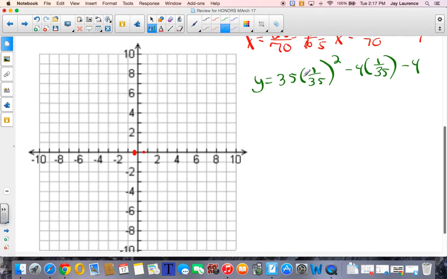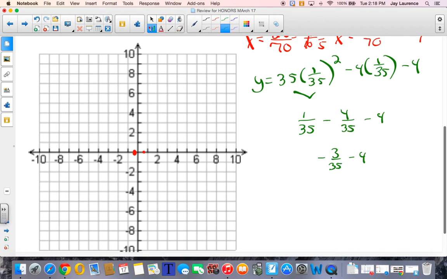Okay, so this part here is going to simplify to 1/35, and this is going to simplify to 4/35, and now it's going to end up being negative 3/35,